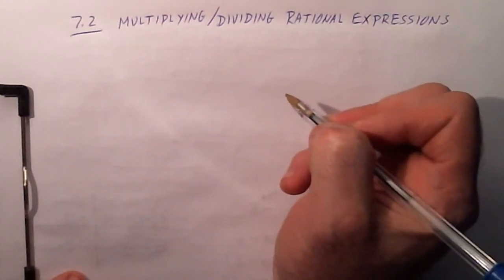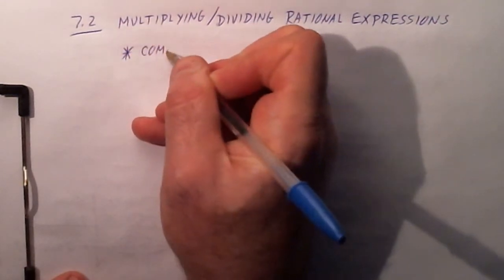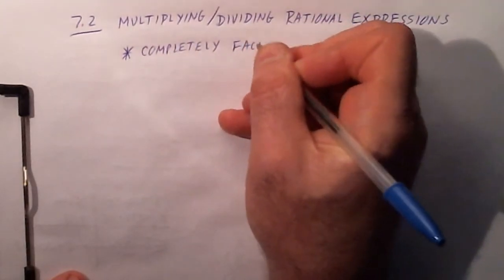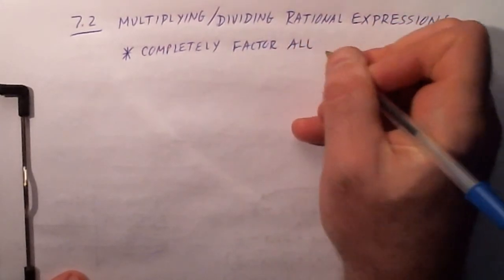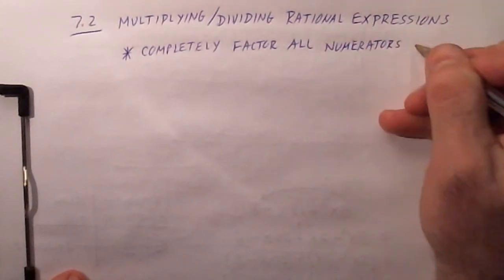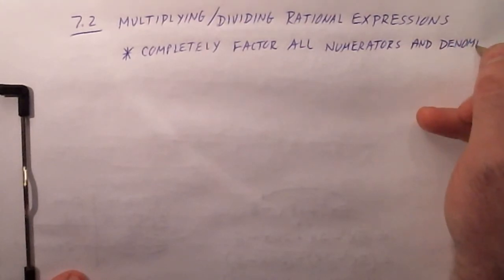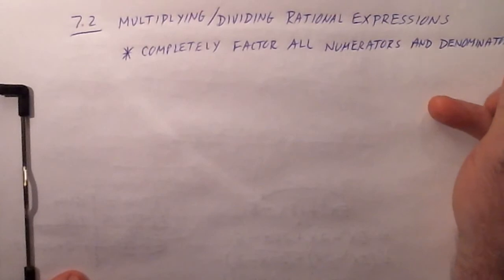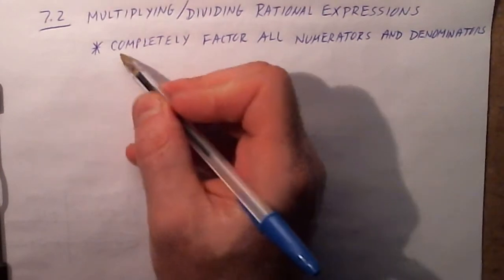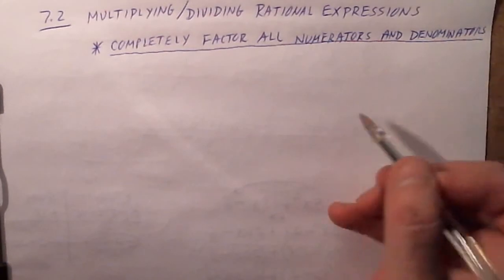And the key is, in order to be able to do so successfully, we have to always make sure that we completely factor all numerators and denominators. And unless you completely factor all of your polynomial numerators and denominators, there is no hope in our ability to multiply